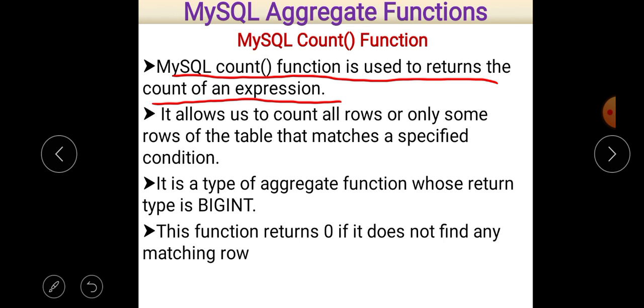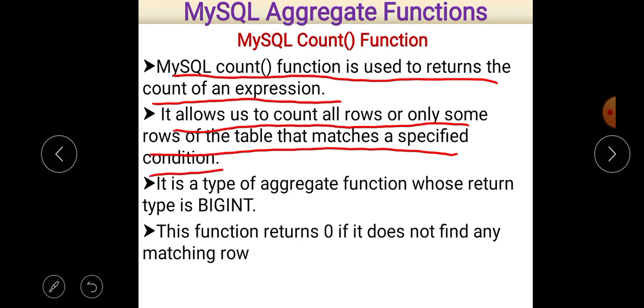Otherwise, only the rows that match the specified condition will be counted.